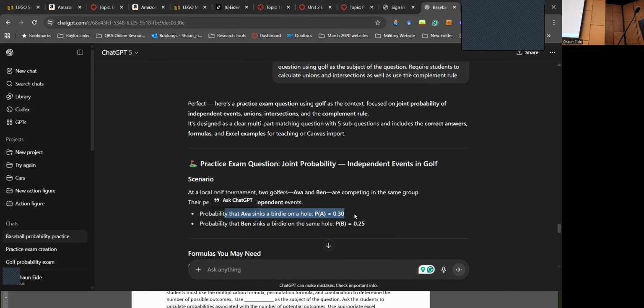So the probability of Ava or Ben is the probability of Ava plus the probability of Ben minus the joint probability of Ava and Ben. So 0.55